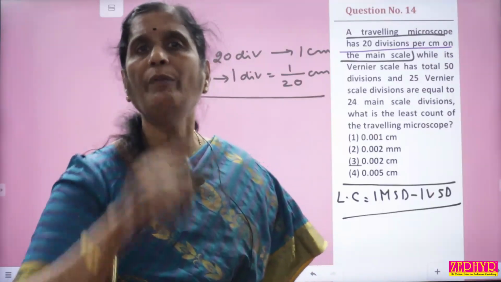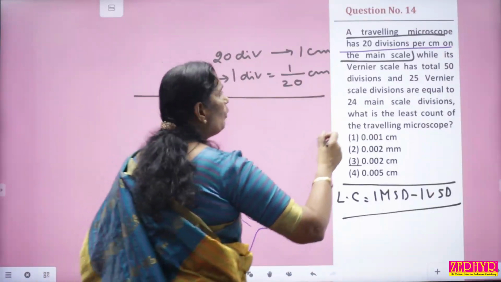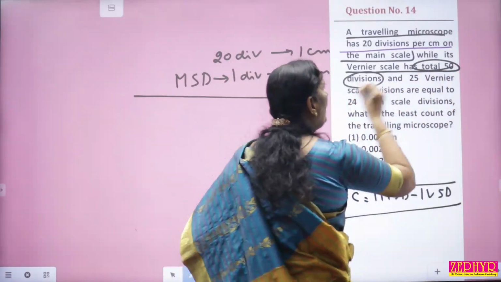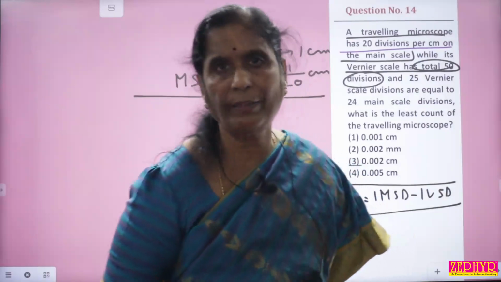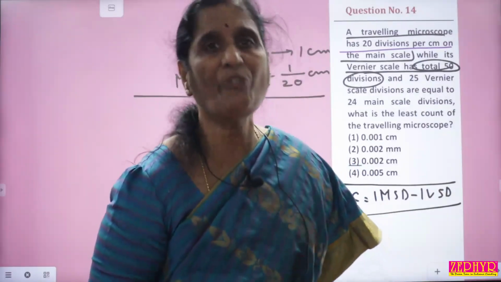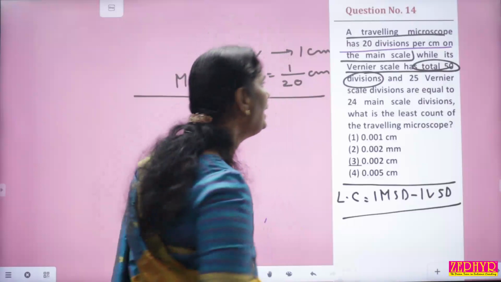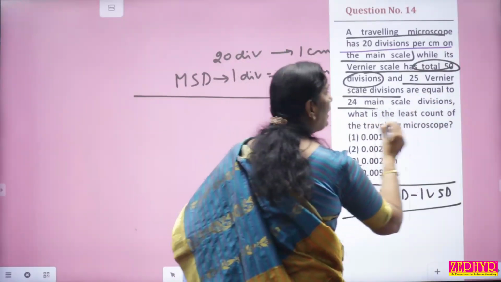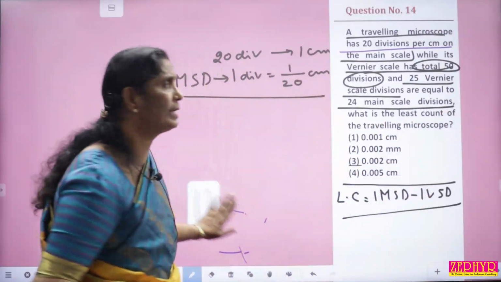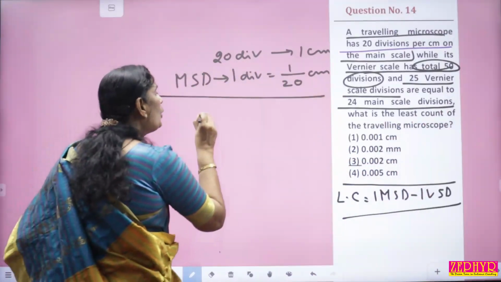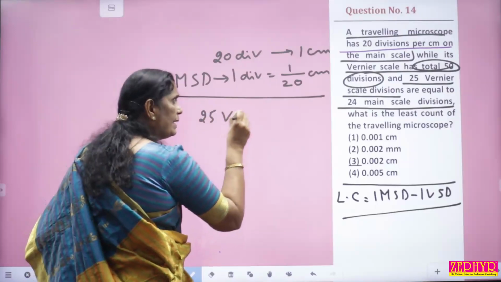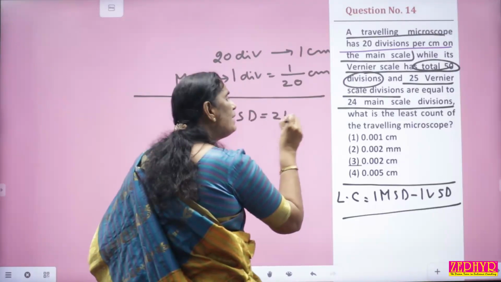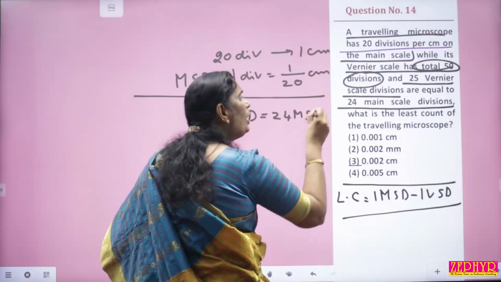Then we can find out the value of 1 VSD. So here, the vernier scale has 50 divisions, but we don't need that. We don't want total divisions on vernier scale. We want only the coincidence of vernier scale with the main scale. 25 vernier scale divisions are coinciding with 24 main scale divisions. That we need. So 25 VSD, that is 25 divisions on vernier scale, are exactly coinciding with 24 divisions on